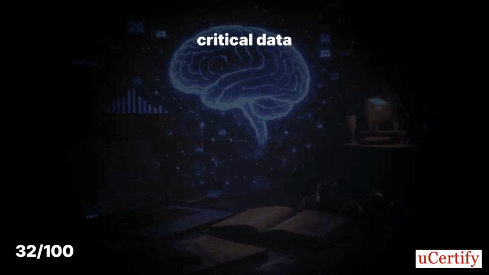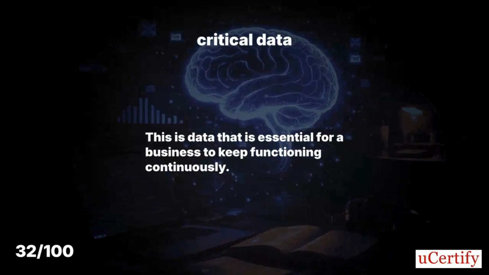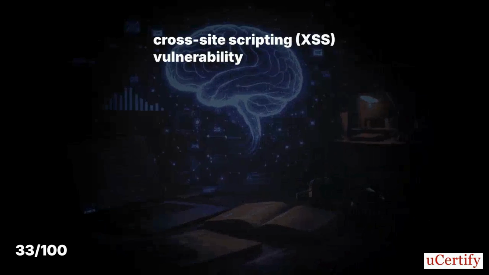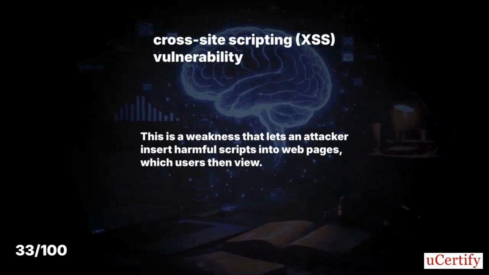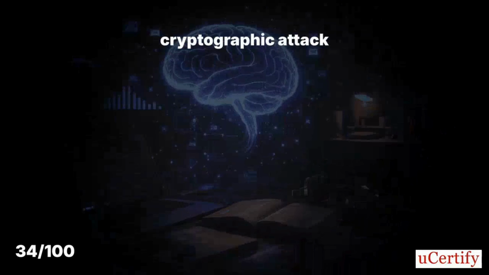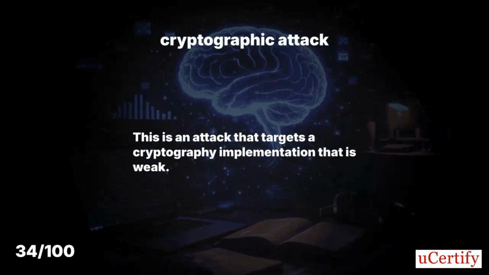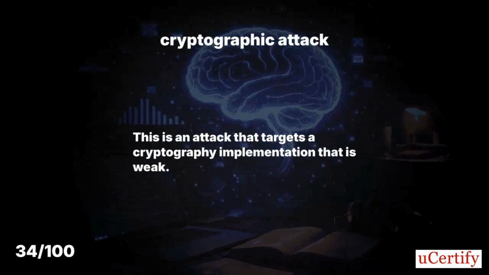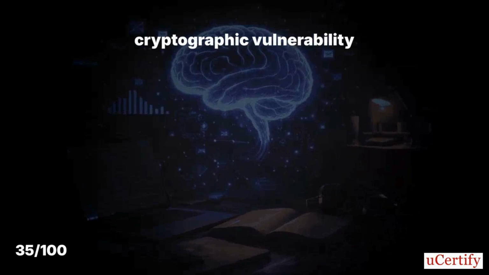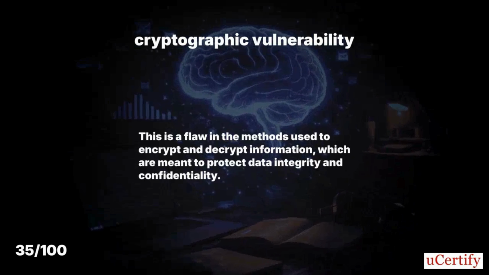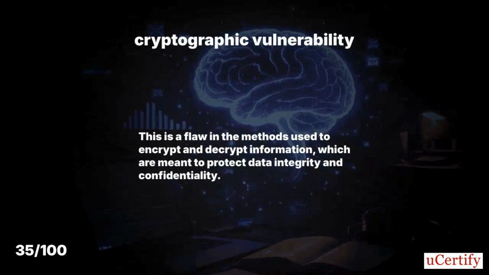Term: critical data. This is data that is essential for a business to keep functioning continuously. This is a weakness that lets an attacker insert harmful scripts into web pages, which users then view. Term: cryptographic attack. Definition: this is an attack that targets a cryptography implementation that is weak. Term: cryptographic vulnerability. Definition: this is a flaw in the methods used to encrypt and decrypt information, which are meant